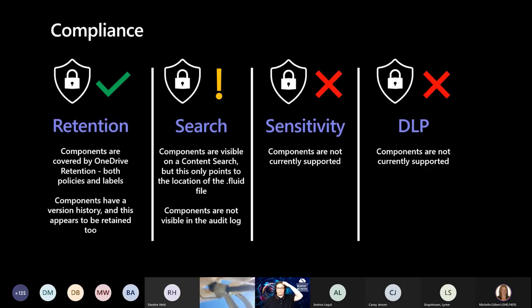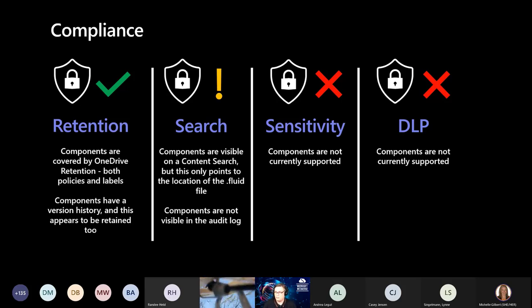About the compliance part, retention policies: components are basically covered by OneDrive retention because they are files inside OneDrive. The policies and labels work there. They have version history, and you can retrieve them from the recycle bin. Components are not visible on a content search, and in e-discovery they don't have much information, just the link to the fluid file. They are not visible in the audit log. Sensitivity labels, DLP are not